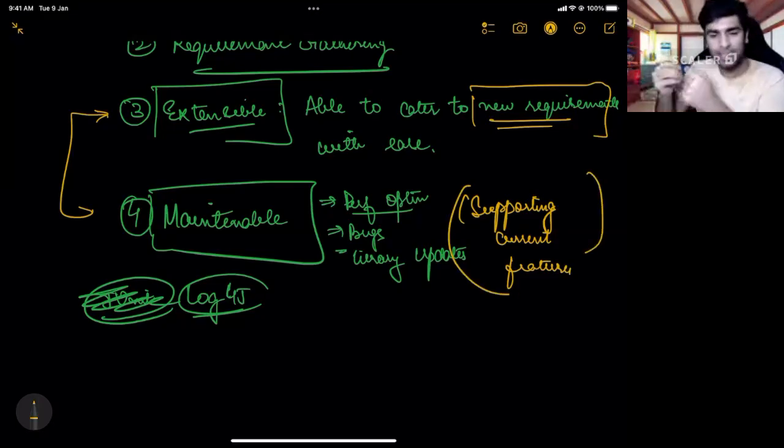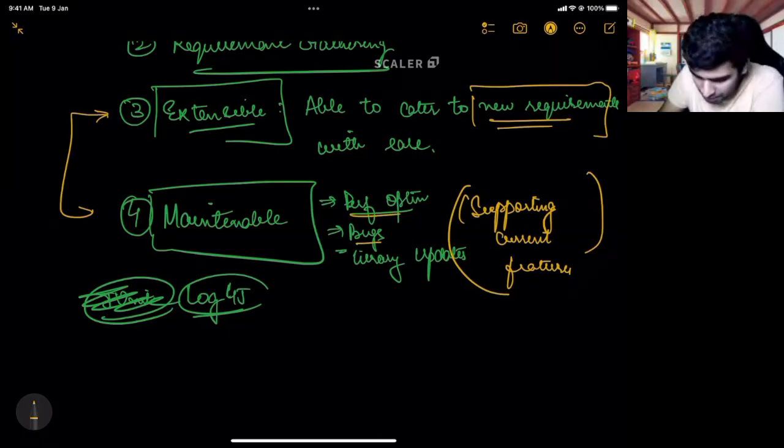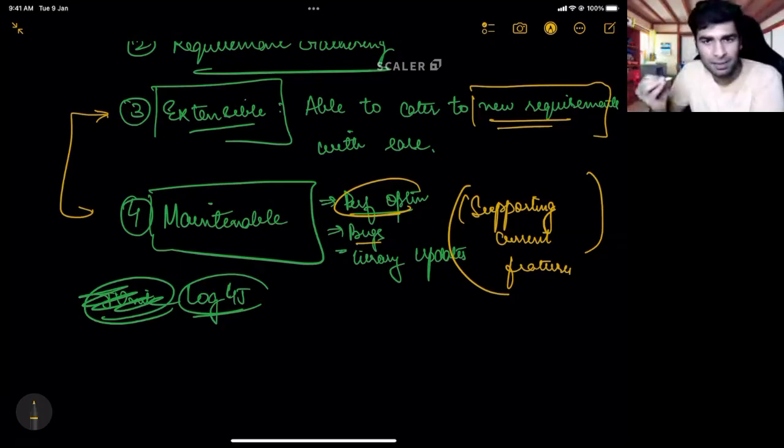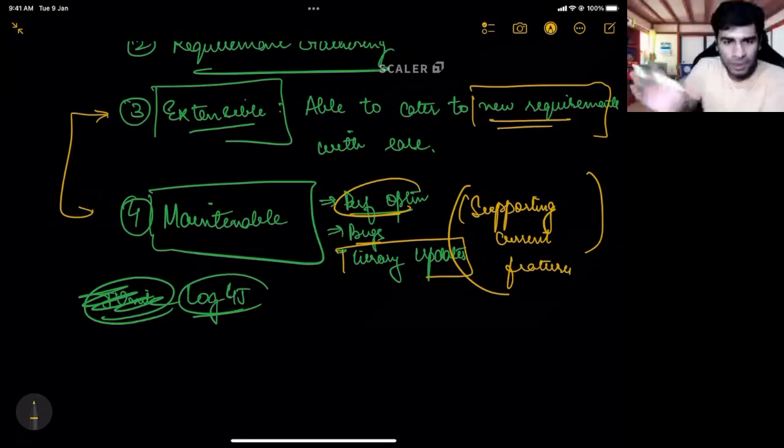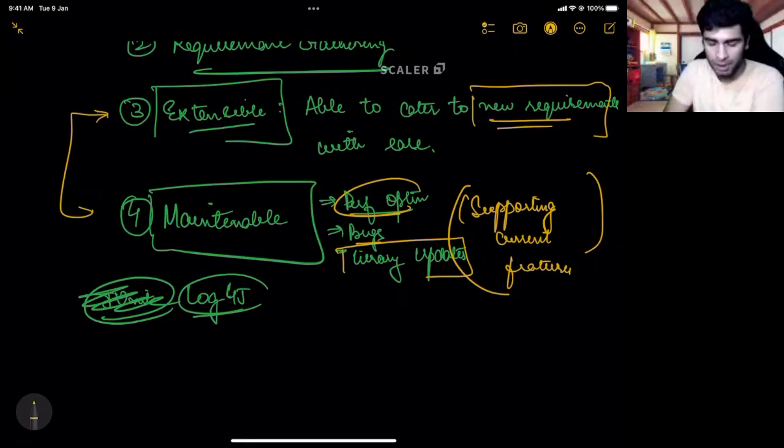So Shanvaz, maintainable is, let us say you write a piece of code. Even if there are no new product requirements, there might be some changes required from you. For example, there is a bug in the system, and you have to solve it. There is some performance issue, so you will have to do performance optimizations. Let us say your code is using a library behind the scenes, and that library needs an upgrade. You will have to update your code. So that is the maintainability part. A code written once should keep on running in future as well. Whereas extensibility is, your code should be able to handle new requirements as well. Clear, Shanvaz?